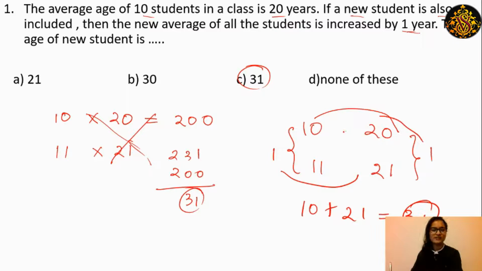You see here, the difference in almost every sum will be 2 or 3, so it will be easier to multiply. If it is 35 or 37 here, that is 11 into 37 or something, it will take much time to multiply and find the difference. Here you can easily find the difference, which will be 1 or 2 or more than 3. That's all. So just multiply the numbers. The numbers will be too small also, so it will be easier and you can manage your time.